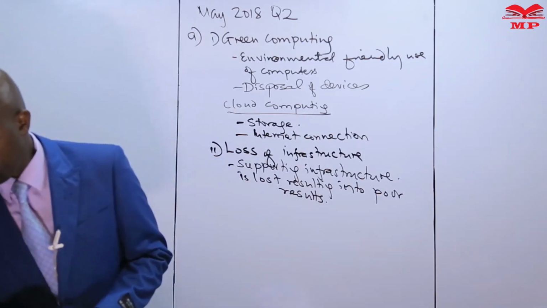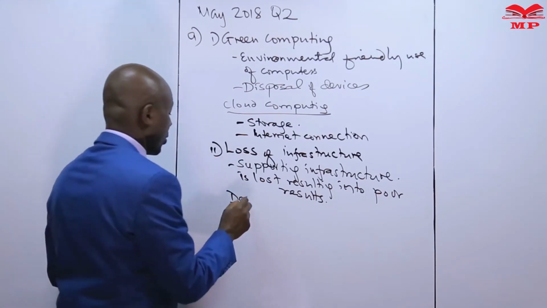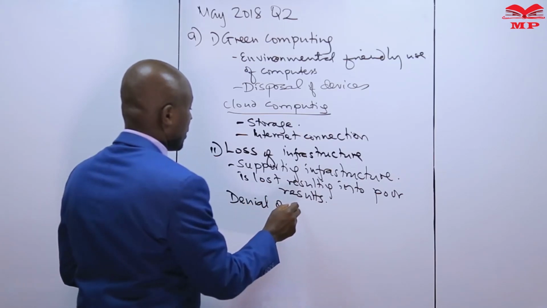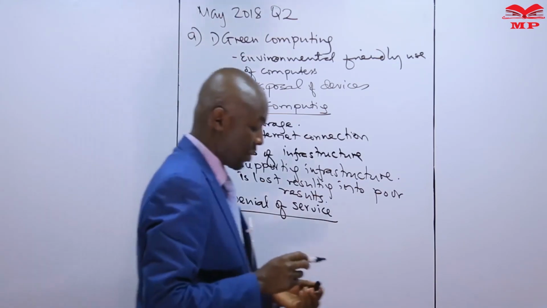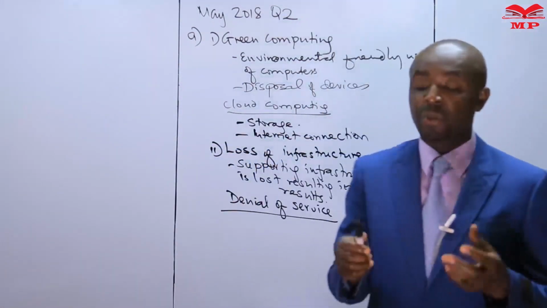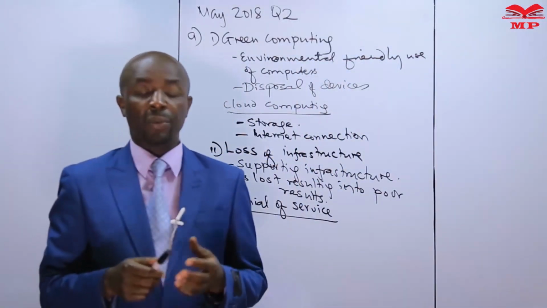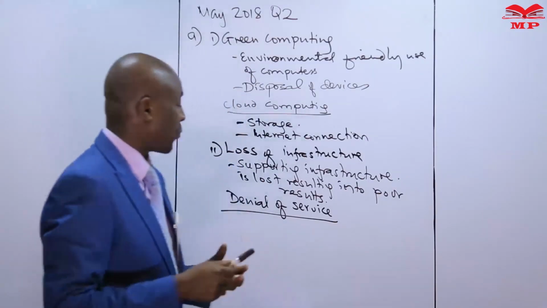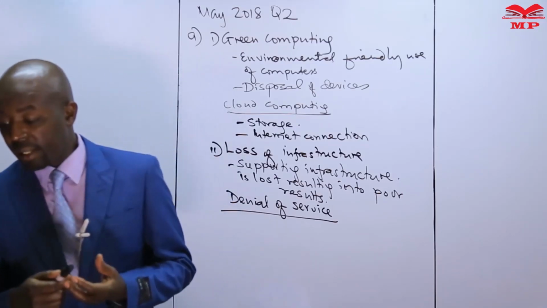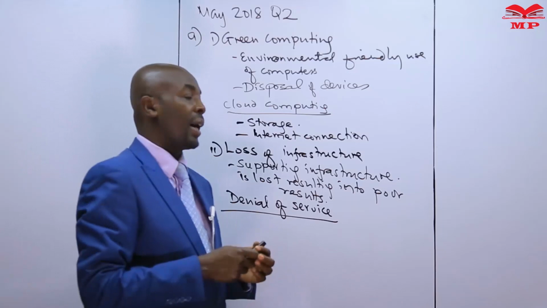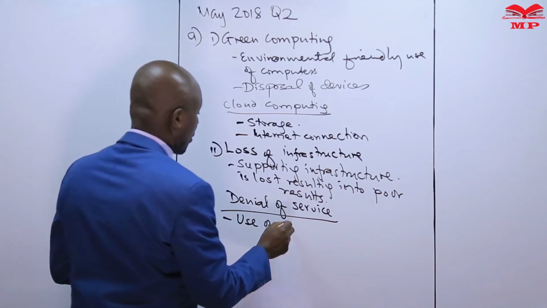Another terminology that we are supposed to talk about here is denial of service. Denial of service. This is a security threat. In organizations, we normally have legitimate users who are supposed to access the resources of the organization. But we have people who will configure software to block legitimate users from accessing the data that belongs to them. So denial of service talks about use of software